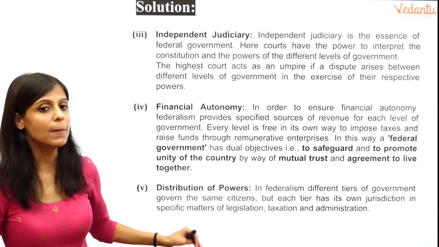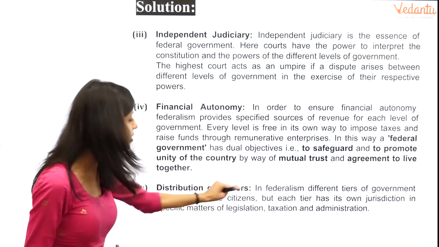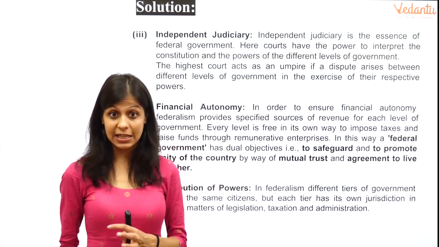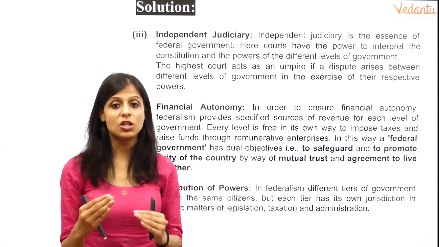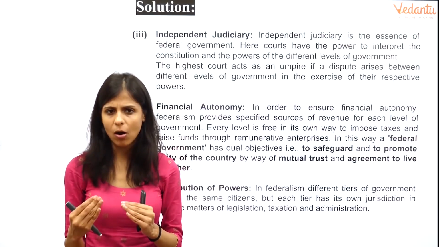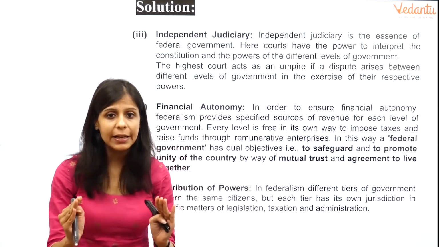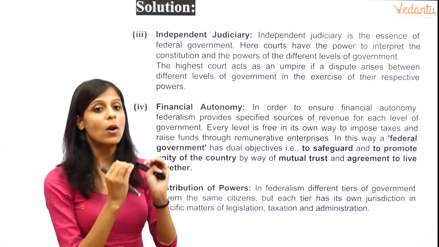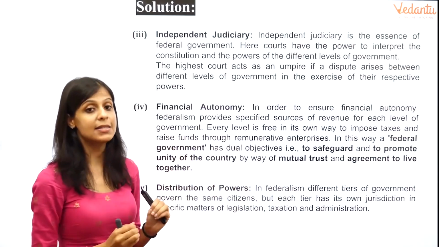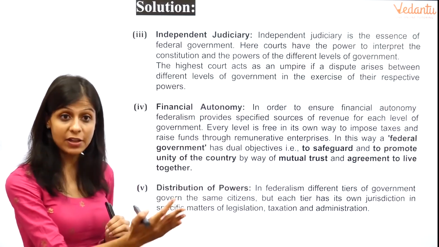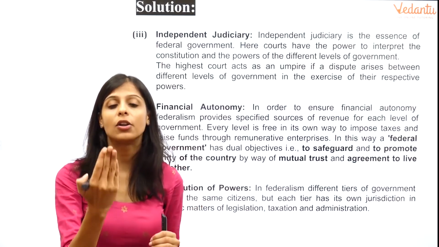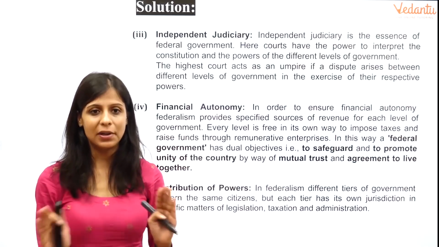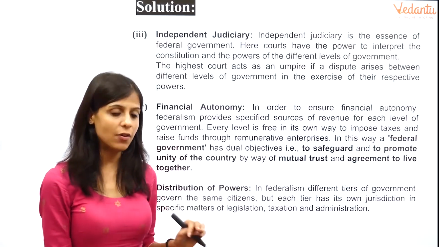And then the last important point is that there is a clear distribution of power. Though you cannot amend the constitution that easily at times, their own jurisdiction, their own area of operation is clearly demarcated: which subjects can they legislate on, what is their jurisdiction, what is their reference point that they can refer to or make laws on. So that has been made pretty clear when we talk about the federal form of government.